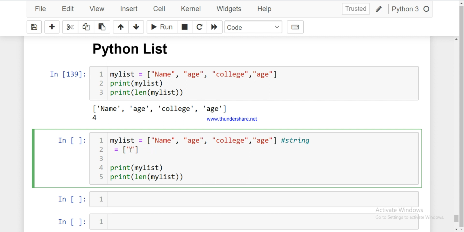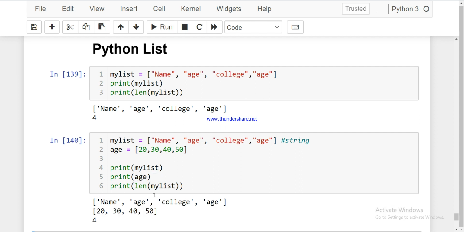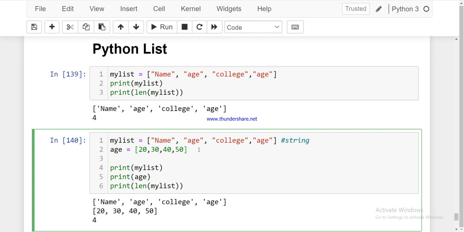Let's say instead of color, you are recording ages of people, so age is 20, 30, 40, 50. If we want to print it, instead of this we print the age. This list is called a list of integers. So the data type of this list is the integer data type.